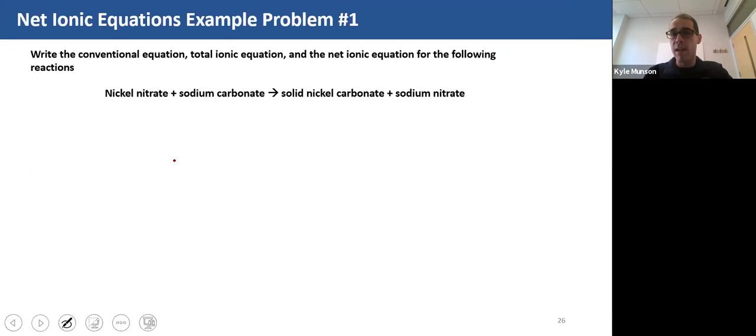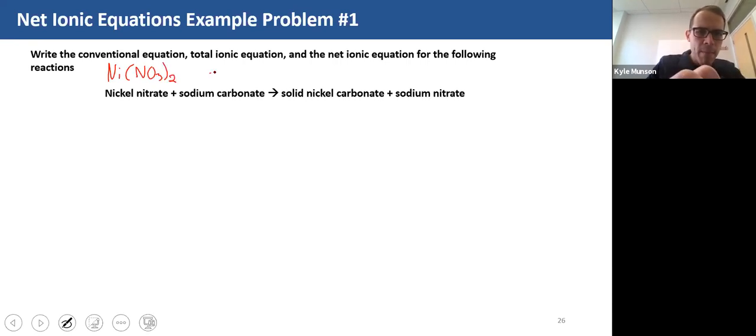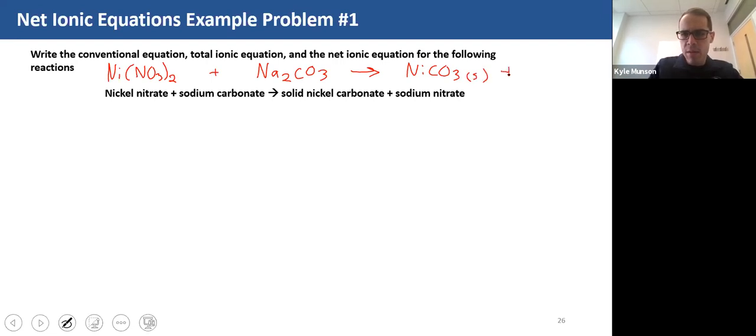It's something that we've had a lot of practice doing already, and we did that whole lab where we just did these types of problems. So I'm just going to write it on the top, assuming we've had plenty of practice. So we have nickel nitrate plus sodium carbonate gives me nickel carbonate. And it says it's a solid, so I'll just put that there for now, plus sodium